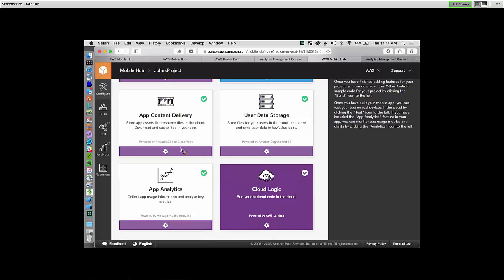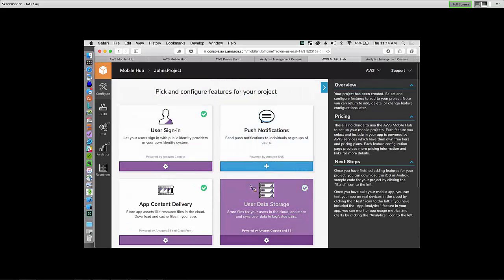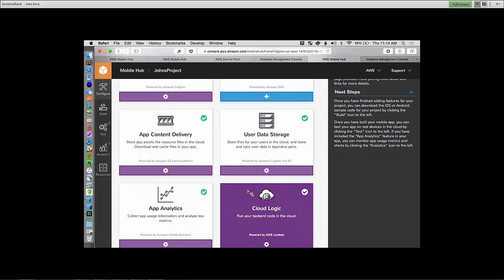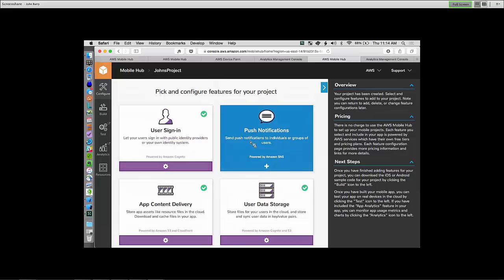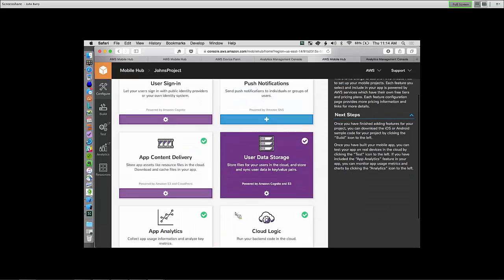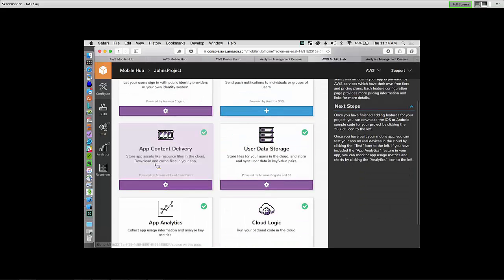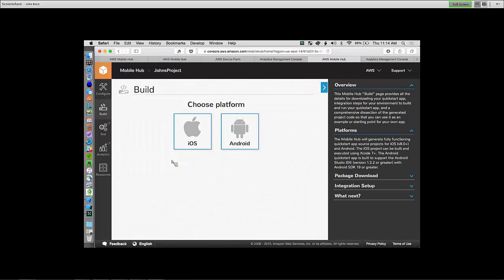Even worse, if I've created the sample app and built off of it, and then I come back in here and start changing things, I again could get out of sync in a way that I've lost a lot of work and have to rebuild that app, because the best practice is when you've configured the Mobile Hub, every time you make a change, you should do a new build.